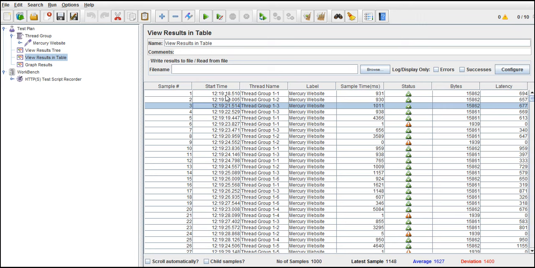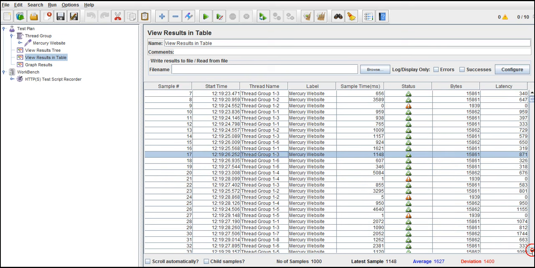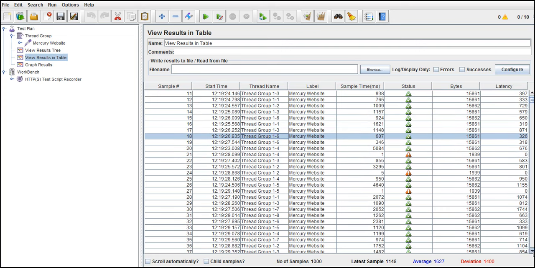So 12:19 plus 15, 29, 33, I guess, 34, sorry, because right now you see thread group 1 is in the second loop. Basically, now thread group 1 is in the 6th loop. It's looping the 6th time. Now it's trying to execute the 6th time. So at 34th, and all we can see is,